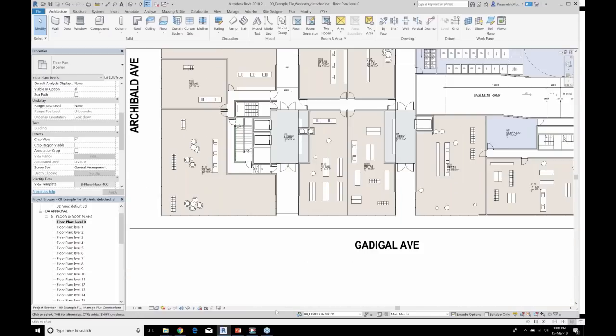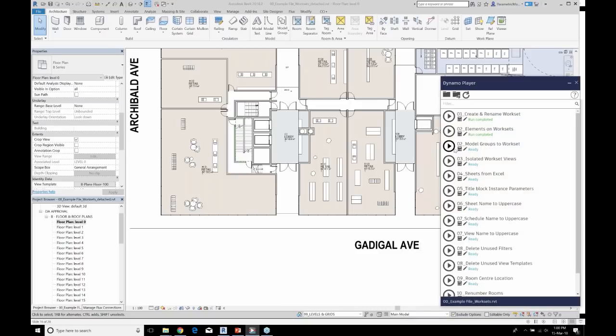So the next thing we're going to do really quick is we're going to assign the model groups to worksets. This should only take around a few seconds.